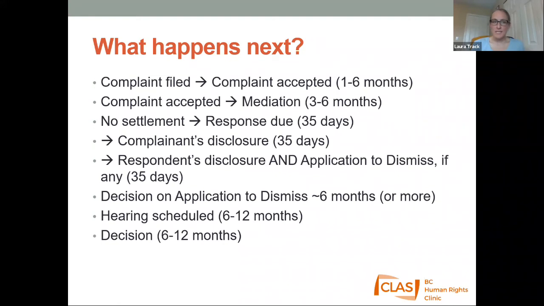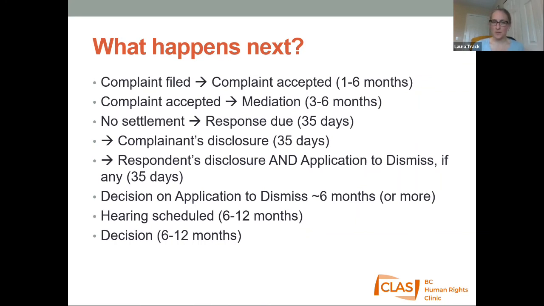And so how does the process work? Well, if you filed a complaint with the tribunal tomorrow, you would probably wait several months for the tribunal to respond and tell you whether your complaint is accepted for filing. You see, that's quite a large window there that I've estimated, 1 to 6 months. The tribunal is quite busy these days, and it's taking quite a long time for this screening stage. So it may be a while before you hear from the tribunal, but eventually they will write to you